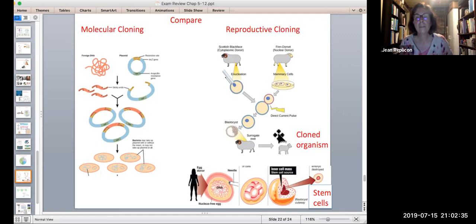Now, reproductive cloning is a useful way that people have been using to get stem cells. And a very similar situation here. We've got an enucleated egg, and so this woman is donating the egg. But another person has been the source of the nucleus that was added to it. And so, all from one source. And the reason someone might want to do this is because this